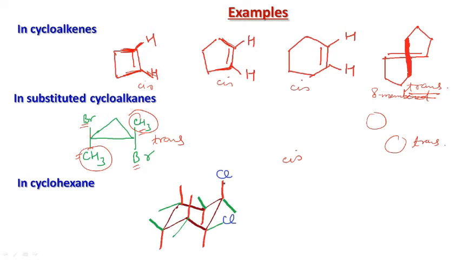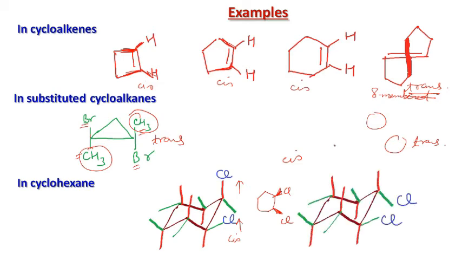In the chair conformation of cyclohexane, these red lines show the axial bonds and these green lines show the equatorial bonds. Attach chlorine atoms to this axial and this equatorial adjacent position, then this is directed to the upward plane, and again this is directed to the upward plane, so same side, therefore this is designated as cis. If we draw this molecule in this form, then we will have the cis molecule, that is, both the chlorine atoms are on the same side.